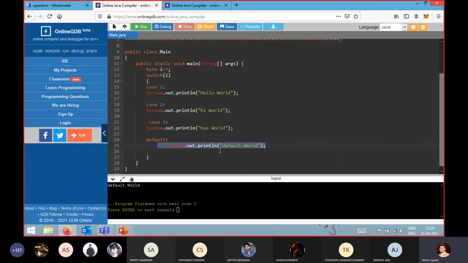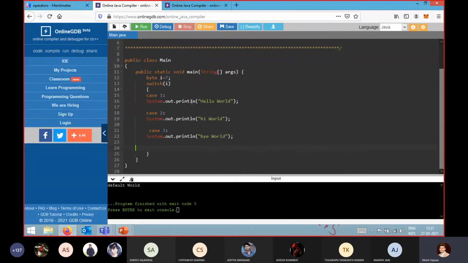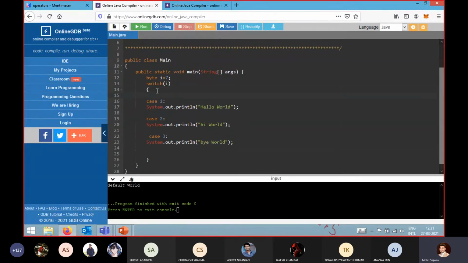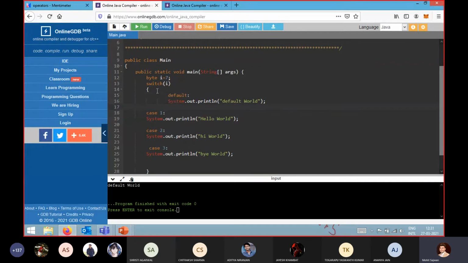Okay, so always remember the default statement will act as what we call your else statement. But in the Java programming language, I told you that you cannot write your else statement ahead of your if statement. If you write it like that, you will get an error. But in a Java switch, I can write the default statement ahead of the cases like this. Okay, so it is valid. It is valid in Java.